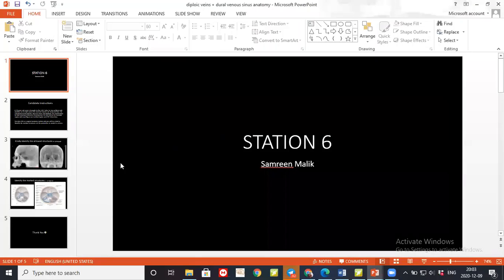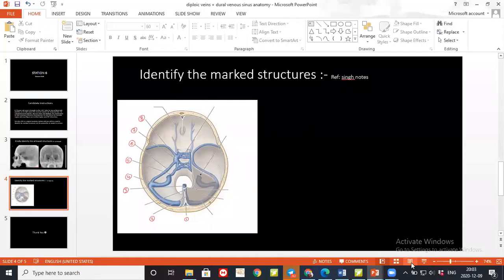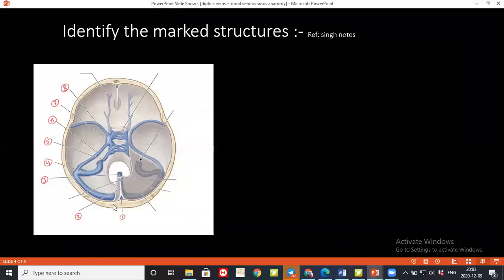Okay, can you please tell me how many dural venous sinuses you know? I have to count them or name them? Yes, you have to label and identify them from 1 to 8, please. Okay, ma'am. 8 is sphenoparietal sinus. 6 is superior petrosal sinus. 5 is inferior petrosal sinus. 4 is sigmoid sinus. 1 is superior sagittal sinus. 2 is the straight sinus, and 3 is the